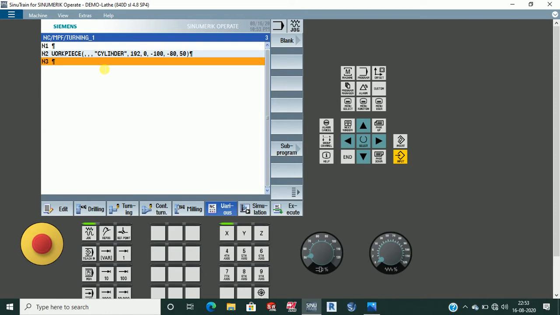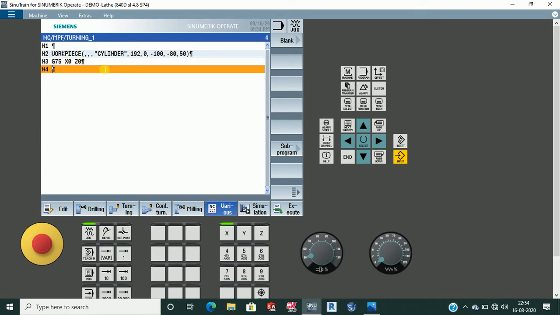Now G75 X0 Z0. There is no need to put a semicolon. Just click enter. There is no use of semicolon in the Siemens controller. Now we have homed the axes, referencing X0 and Z0.